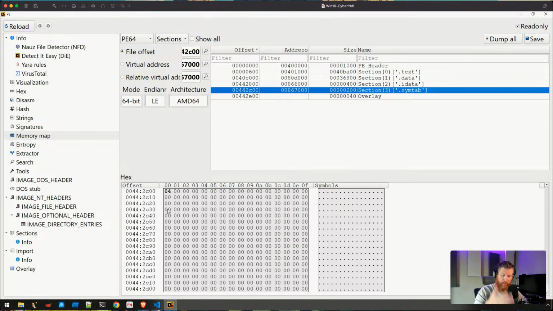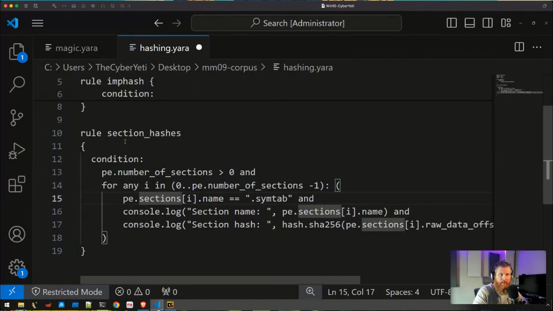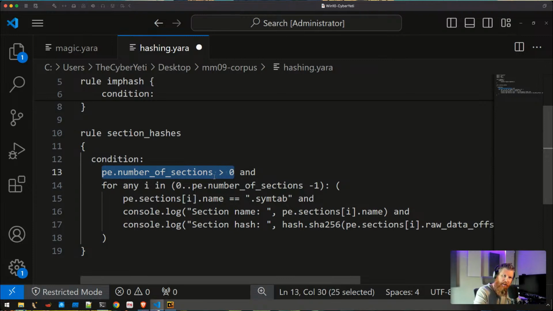In fact, when we looked at the signature here in DIE, it was saying if it doesn't have it, then we've got to do some additional checking. If it does have it, well, then we know it's Golang, so let's try to determine the version number. I'm just using this as an example because now in this section hashes rule, we can say something like, let's make sure that our file actually has sections. There's some basic YARA rule considerations here for performance and other things that you might want to do. I'm kind of ignoring those for now.